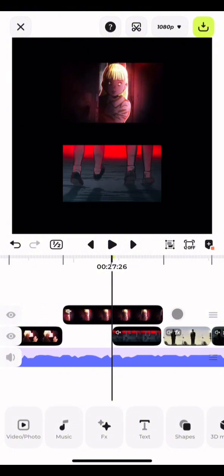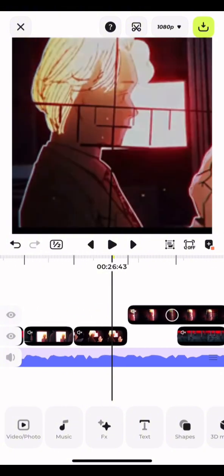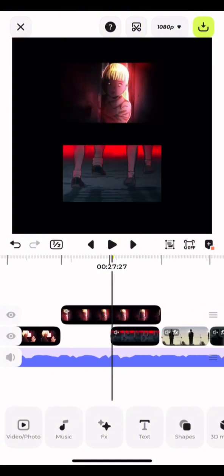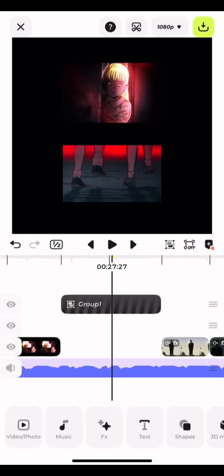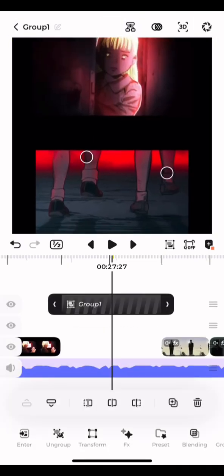So now that we have scaled our clips perfectly, we're going to group them and then we're going to zoom